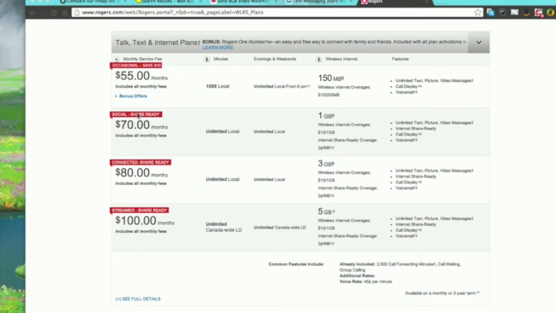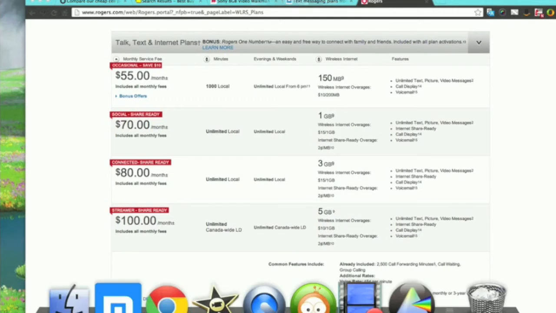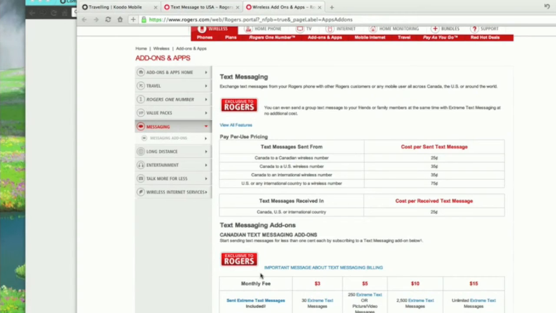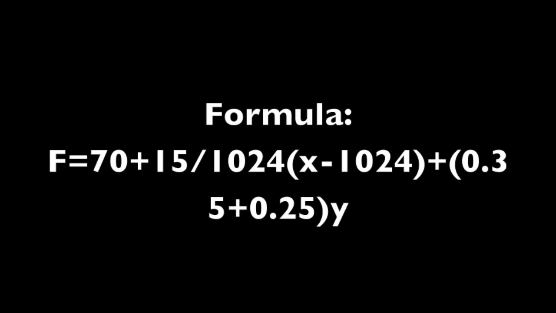As for Rogers, I chose the $70 plan because the 1 GB data plan meets my expectation, and it provides unlimited local calling and unlimited local texting, which are the things I might need. Well, not so much the local calling, but the local messaging. Next, we go to Rogers US texting. As you can see, different from Bell Mobility, it costs both for sending a US message and receiving a US message. And here's the formula for my Rogers